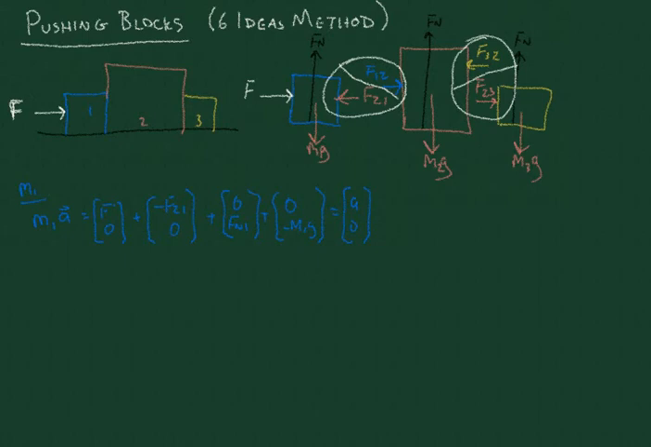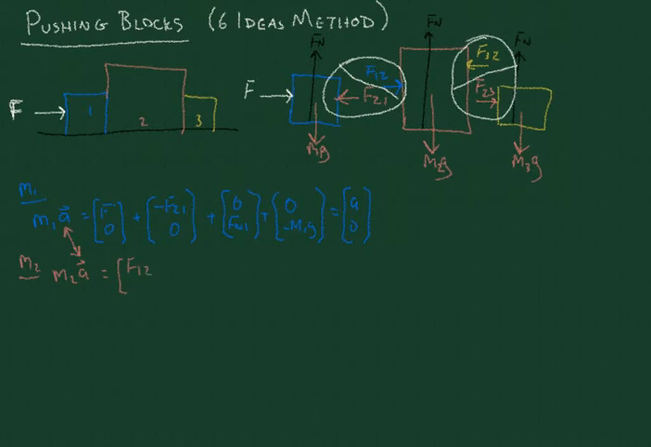Okay, now if I look at mass 2, we see basically the same thing. We say m2a. And notice that this is the same acceleration, right? These blocks are together. So the acceleration of 1 is going to be the same as the acceleration of 2. And so we notice this is f, oh, sorry. Yeah, this is f